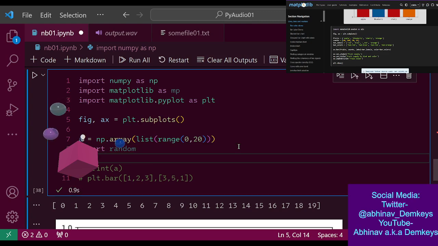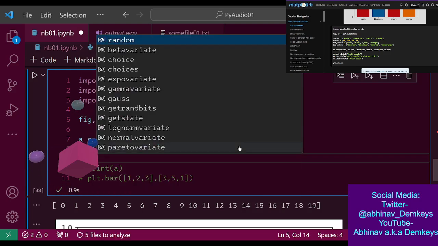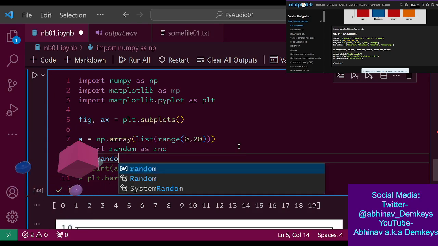Okay. Let's do import random as rnd. And then what does rnd contain? random. What does that return? That returns a float. Okay, how do I get it to return an integer?